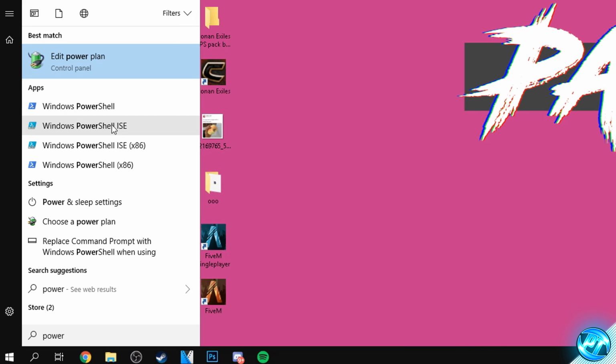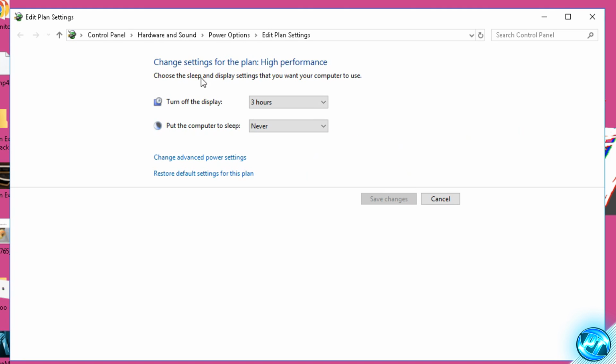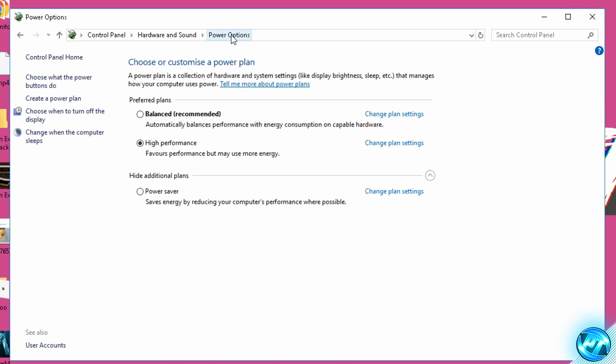Once you guys have typed in power, simply find any of the battery little icons here with the cord going around it. Doesn't matter which one it is, just as long as it has this icon found here, you can just simply go ahead and click on it. Then when you're inside of there, go to the power options tab found here at the top,